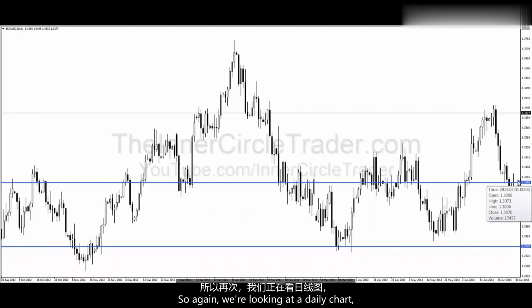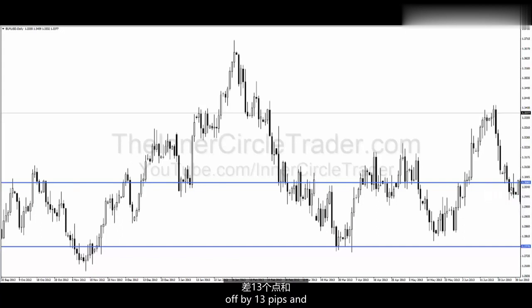So again, we're looking at a daily chart. If we're going to be just off by 13 pips and we're looking at the daily ranges, again, these are all full daily bars, that's not bad in terms of highlighting areas of potential